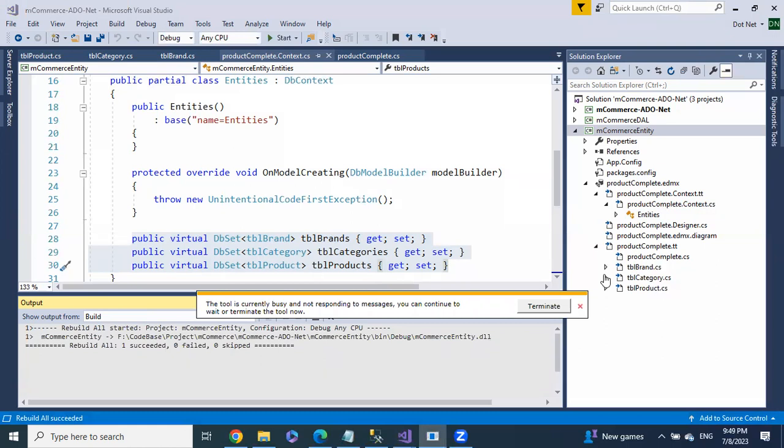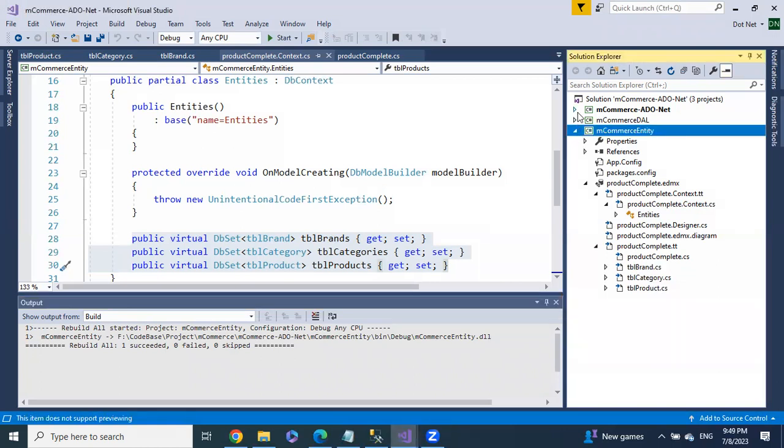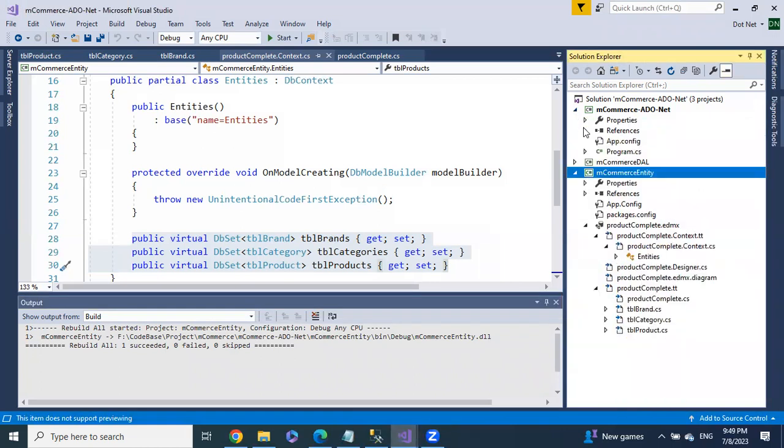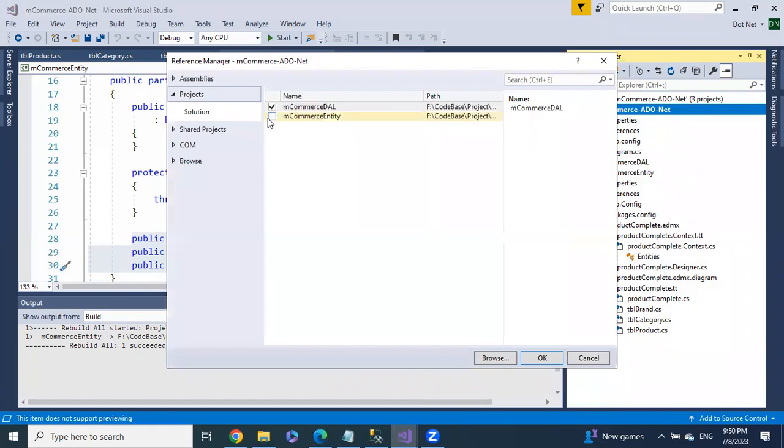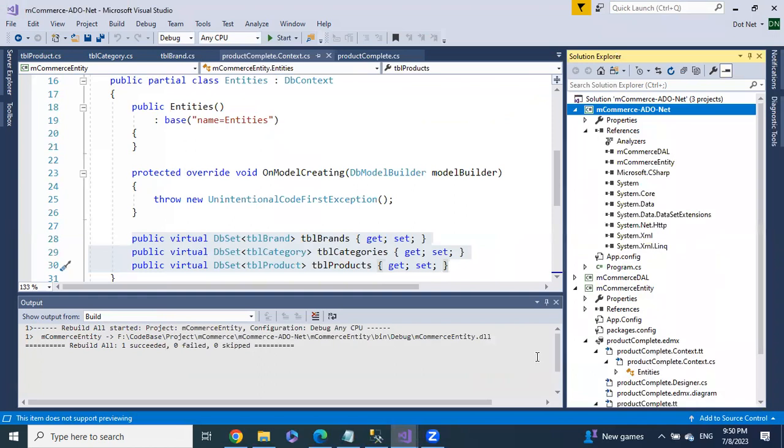Successfully built it. Then I want to, it's a different project, right? I have to, how can I access this from the console? I have to refer the project. How to refer it? Right click, add a reference. So my commerce entity. Okay. So now